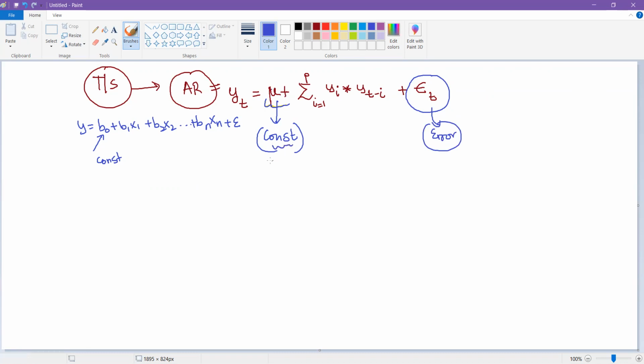This mu is basically a constant of something unknown. Some unknown effects will be there in my time series which I really cannot define. It is not really possible for anyone to mathematically define what kind of changes will be introduced in my data, in my sales, because of some factor which I do not control. So I need to have a constant in place, which you can call the intercept. This was the intercept in case of the regression problems, and all the other components were the slopes or the coefficients.